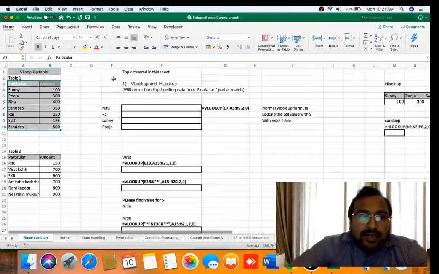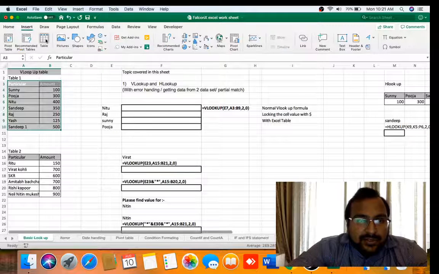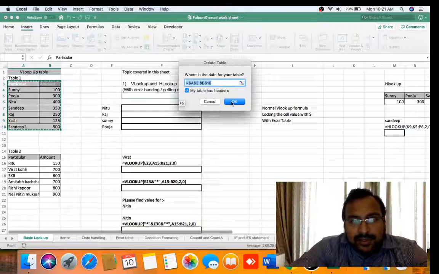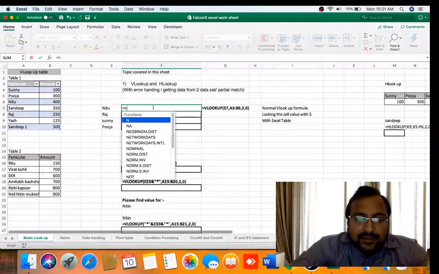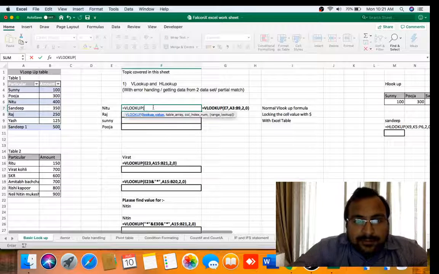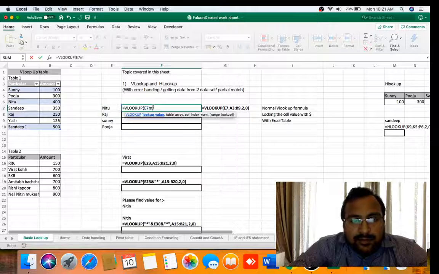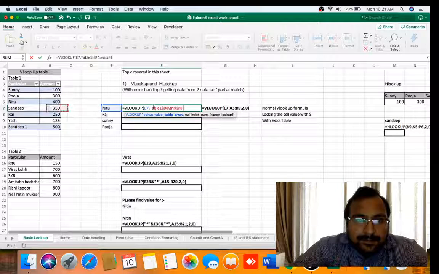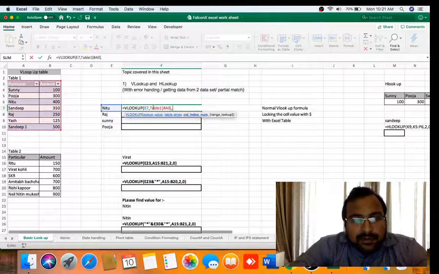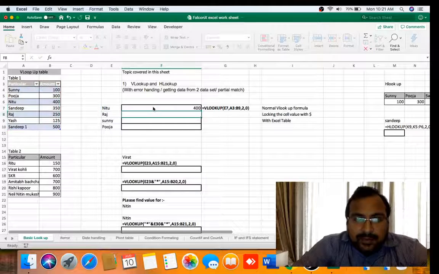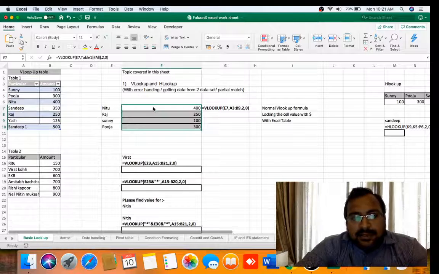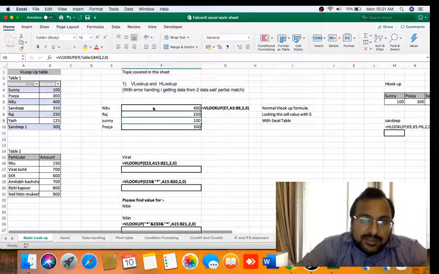Always put raw data in an Excel table. This should be your thumb rule of putting your raw data in an Excel table. Now see the magic of what happens. Now let me find the value of Neetu with VLOOKUP. VLOOKUP, comma, table, the complete table name is there. Second column I want, 0, enter. Now if I copy paste this, you don't have to put the dollar sign also.